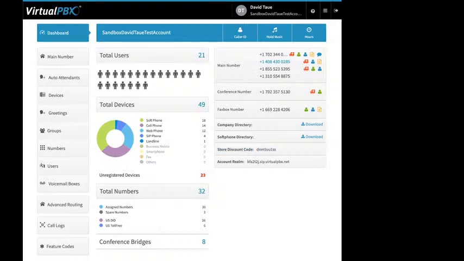And then down here at the bottom is the account realm. This is used in a couple things. It's used to program a third-party soft phone. It's one of the 3 key pieces of information you would need. And the other thing it's used for is outbound faxing. So on